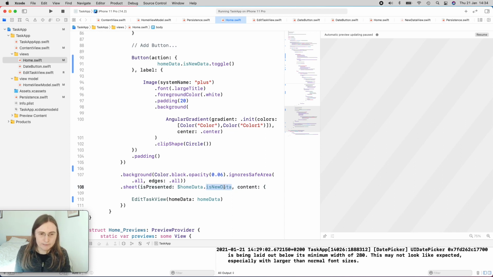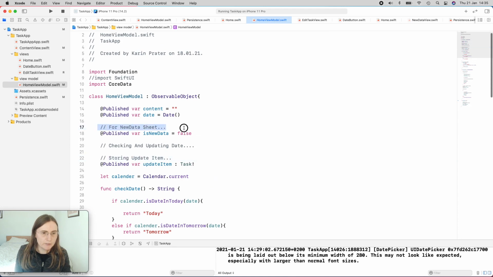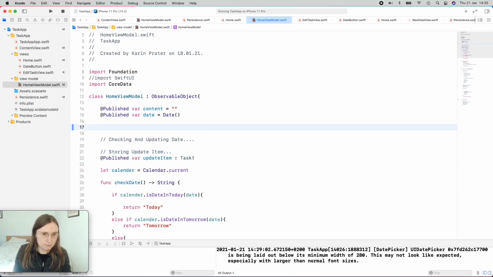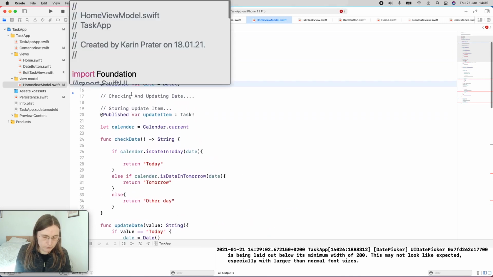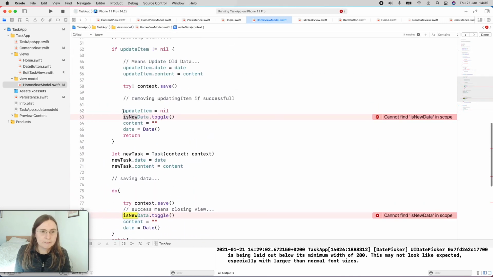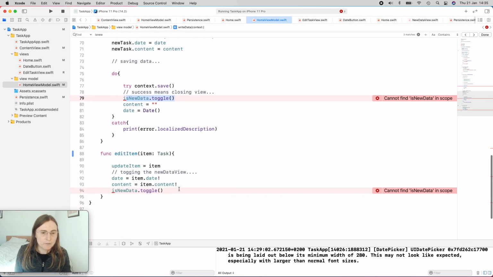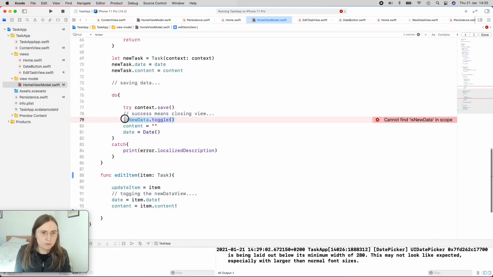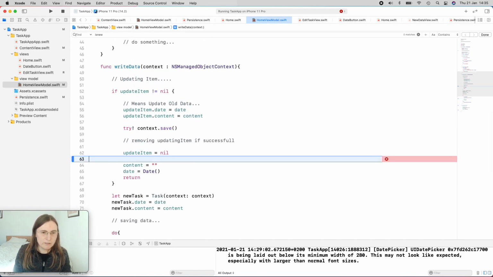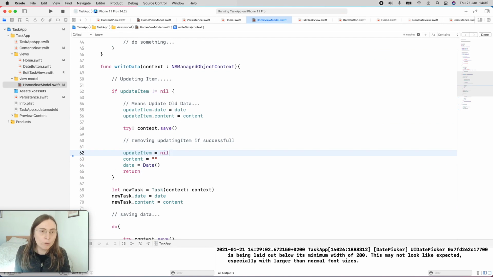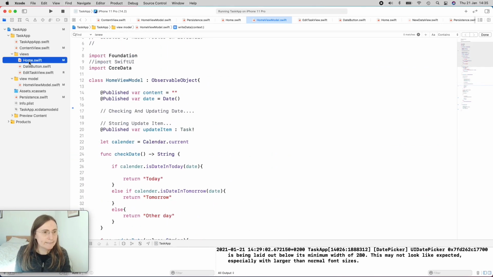And I also don't like to have this kind of is this sheet presented in the view model if I don't have to. But I think there's one thing he probably didn't know, so we're going to use this instead. If you go in the home view model and we just cut out these is new data, we are not doing this here anymore, because he did reference it a couple of times, and here where he was just toggling it to dismiss this view. So I'm going to delete all of them so we can clean this up. Right now it's just a lot of repeating code. Okay, now I did take this out, and in my home view,